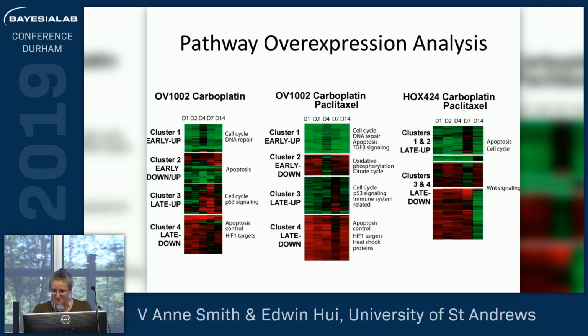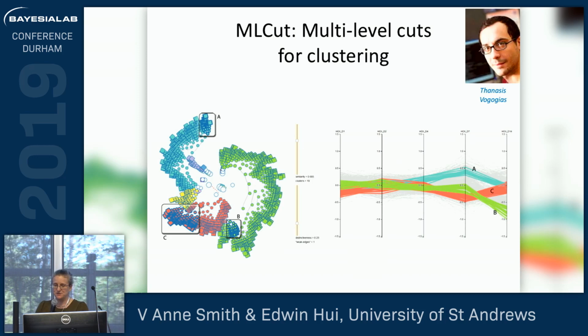But showing what we did with Bayesian networks, I actually worked with a visualization student, Thanasis, who's done some really cool stuff with me. One of the things he did was develop a clustering tool where we could do hierarchical clustering with multiple different levels, instead of cutting a clustering tree at one level where sometimes some of the clusters looked like they were more than one, we could sub-select them.